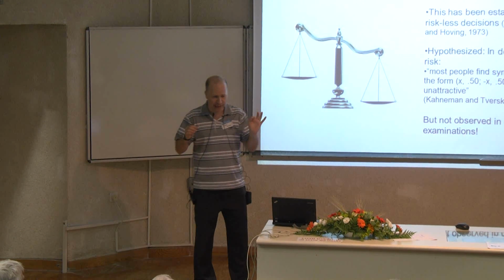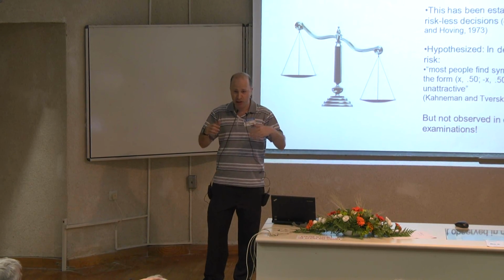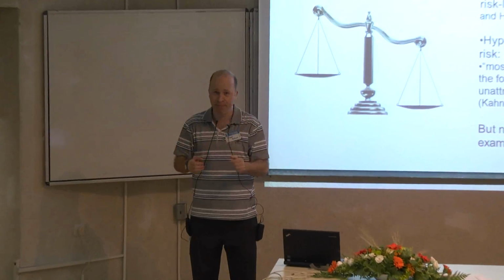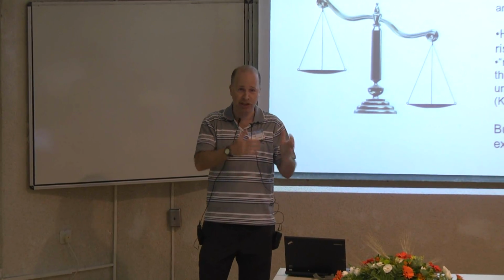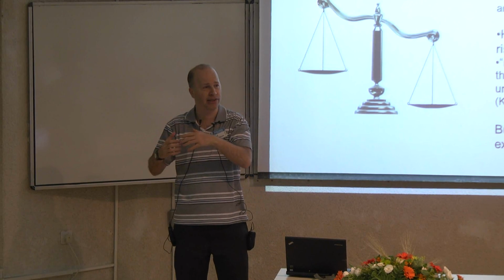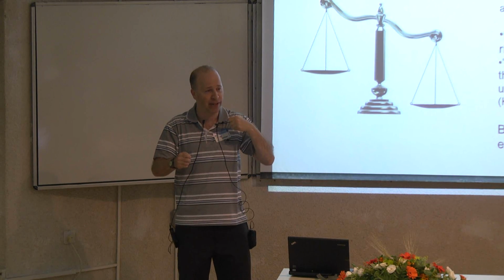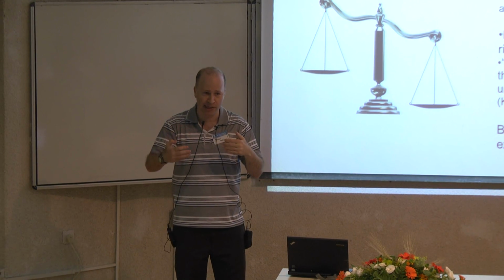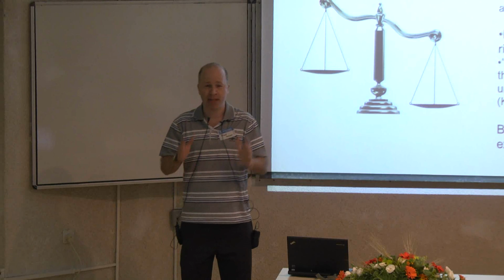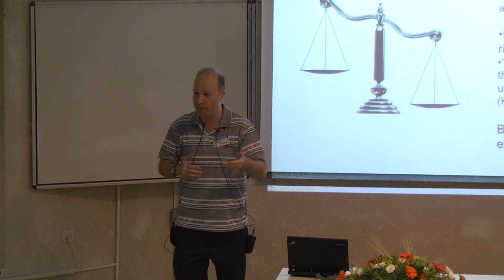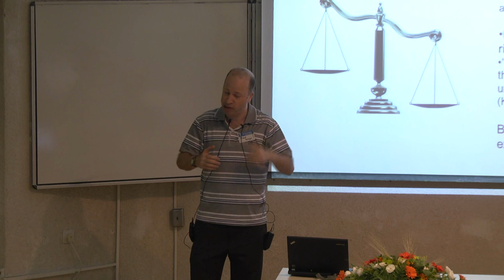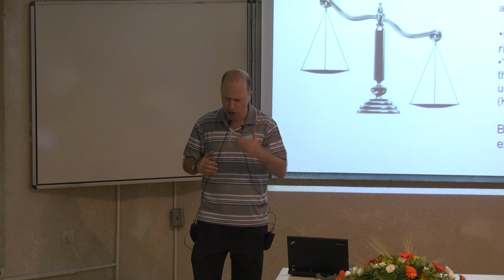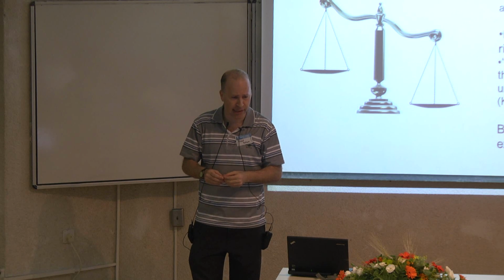In this study they had two conditions. In one condition, children got stars for their performance. The more they succeeded, the more stars they got. In the other condition, the loss condition, initially they gave them a whole bunch of stars, and they took stars away from them for performing poorly. So one condition was gaining stars, and the other was losing stars. The loss condition led to much higher performance. So there's a clear asymmetry. This has been replicated many times in adults as well, although not in this task, that losses have a larger effect on performance than gains.